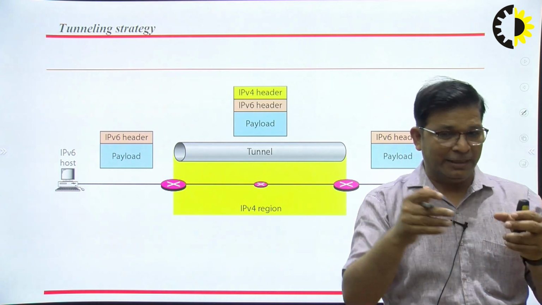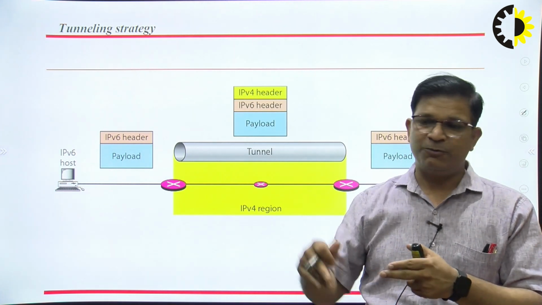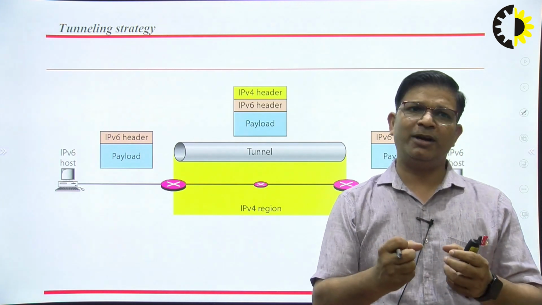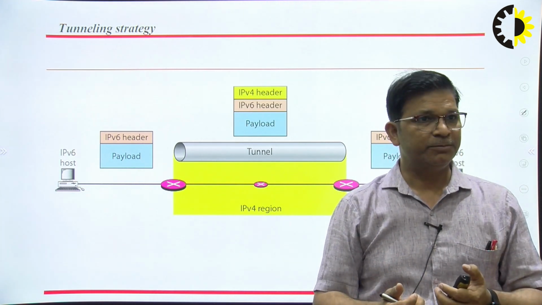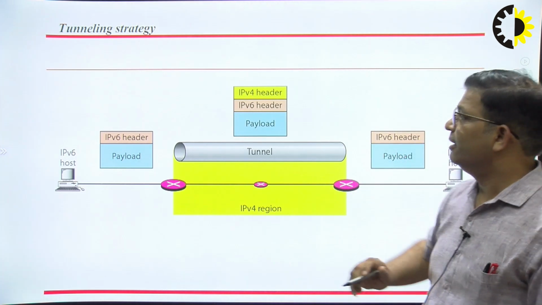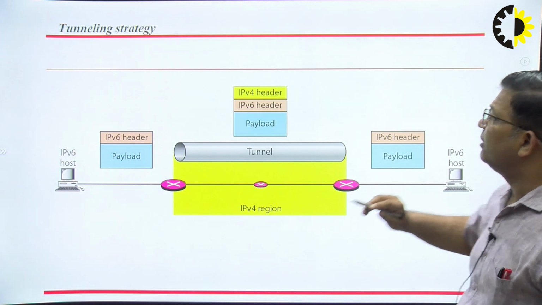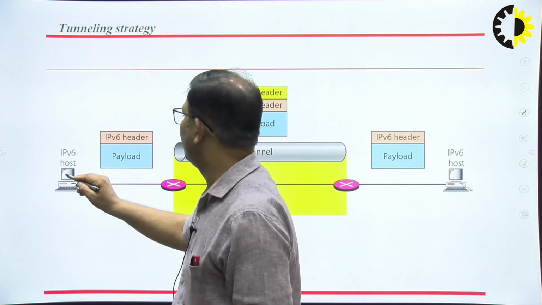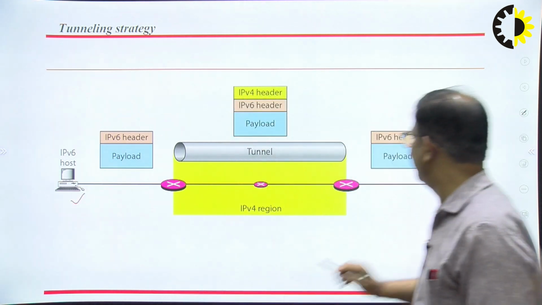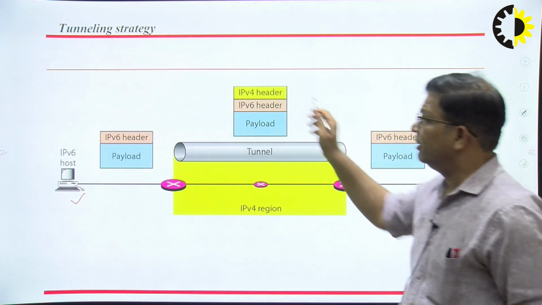Okay. So when the bus or train starts from this node to this node, the source and destination address of all the 100 people will become the same. So this is the concept of tunneling. Like in tunneling, there is an IPv6 host and this is an IPv6 host,